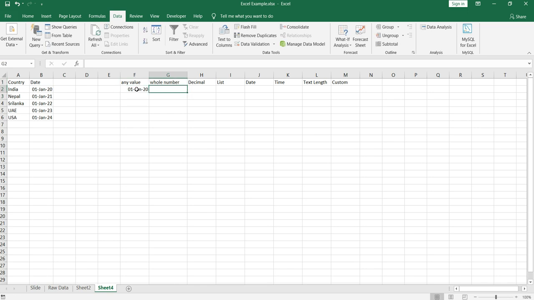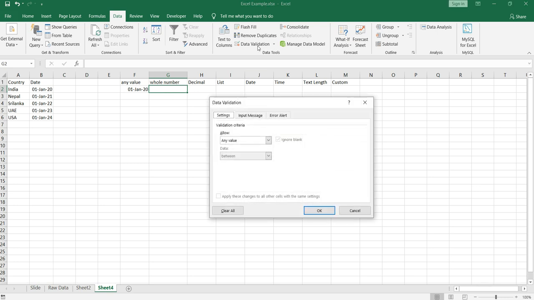Now the whole number. In our previous example, at the start of this video, I told you that if there is a roll number or marks of a student, you should restrict your column to have numbers only, right? In order to implement that restriction, first you need to select the cell in which you want to apply that validation. Click on that, then go to data validation. From the settings option, you need to select whole number.